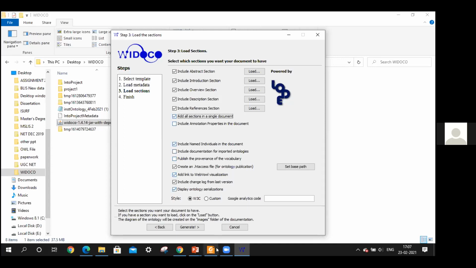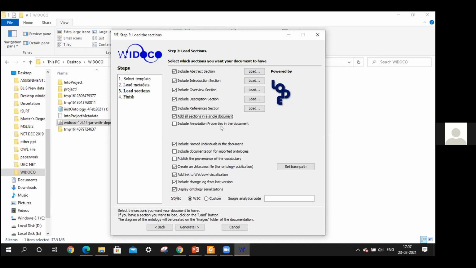After finishing everything in this page, in this note, there also you can say something about this option, add all sections in a single document. This is actually by default, as you could see earlier, the top 5 came with the checked one, because it is expected that any ontology documentation page will have that information. But in case of add all sections in a single document, this is really optional. And why is it optional?